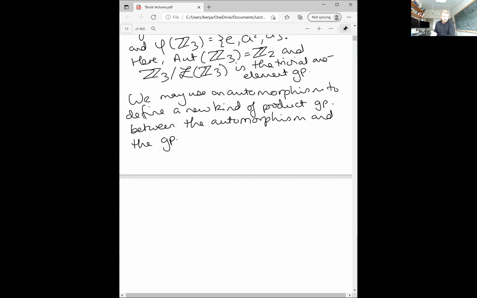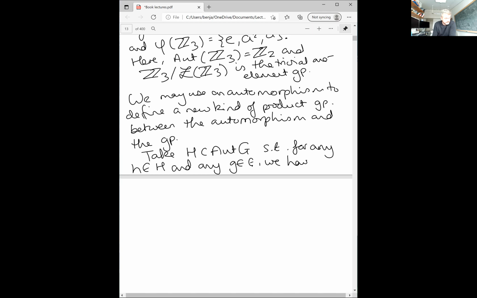So let's take some subgroup H, which is one of the automorphisms, basically. So it's in the automorphism group of G, such that for any element of it and any element of the original group, we have that G is mapped with this particular element H to some map which has a suffix H of G,